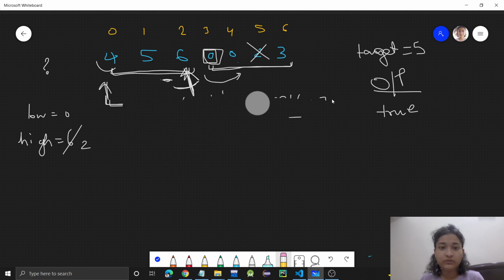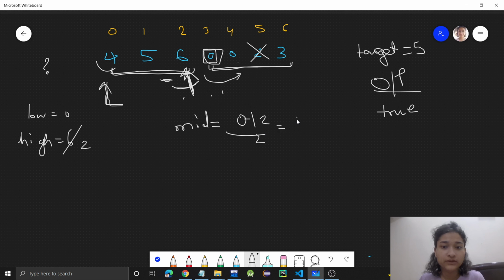Again, we will find mid. Mid will be low plus high by 2, 0 plus 2 by 2, which is 1. So ARR of mid, where 1 is the index, is 5.